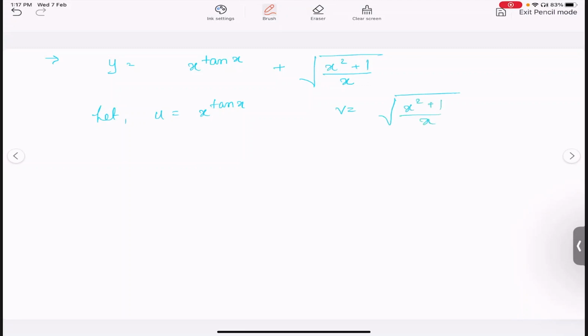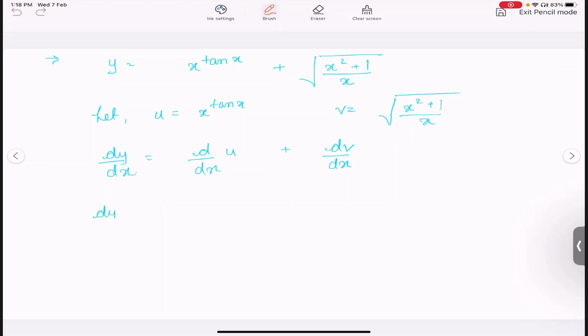Now we will solve the derivatives individually, because dy by dx will be equal to du by dx plus dv by dx. This is what we have to solve for. Now this can be solved using the chain rule, but this one is a complicated one. So let's solve for